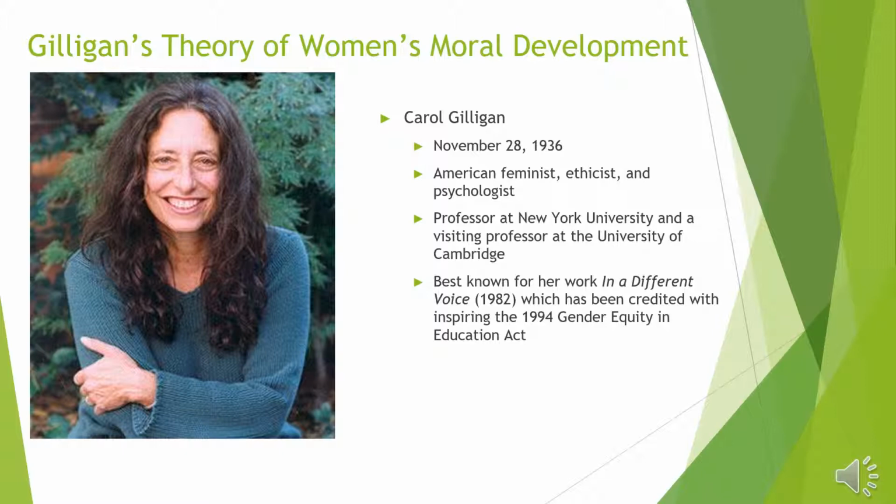Moving on to discuss Carol Gilligan's approach to moral development. Carol Gilligan is an American feminist and psychologist, professor at New York University, and a visiting professor at the University of Cambridge. Gilligan is best known for her book In a Different Voice, which presented research from 3 studies, exploring identity and moral development of college students, how women make decisions about abortion, and rights and responsibility studies examining different ways of moral thinking and their relationship to different ways of thinking about themselves. Before Carol Gilligan's theory, most theorists didn't include women in their studies on moral development.